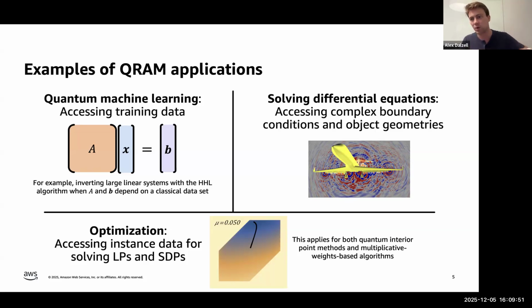So in the areas of quantum machine learning, where we're manipulating large vectors and matrices that are filled with entries that depend on large classical data sets. In the area of solving differential equations, where we might have some classical data set defining our design of the thing we're trying to model. And in the area of optimization, where we might solve linear programs or semi-definite programs which have classical data defining the instance. So many of these situations sort of begin with the assumption that QRAM has this cost and sort of say that's reasonable because RAM also has this cost. But we need to be a bit more careful about whether this is actually true.